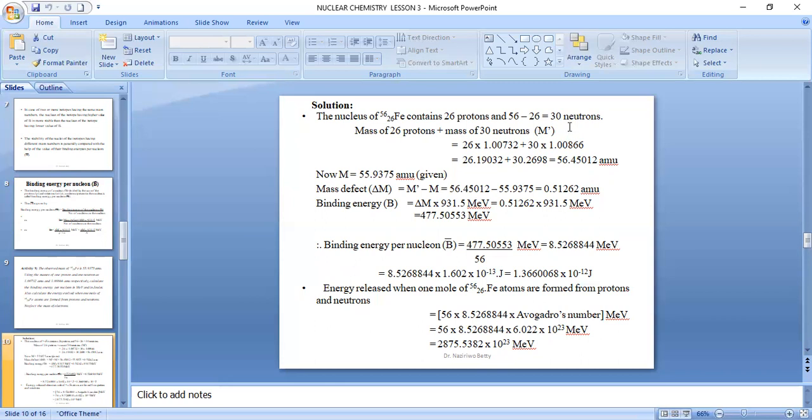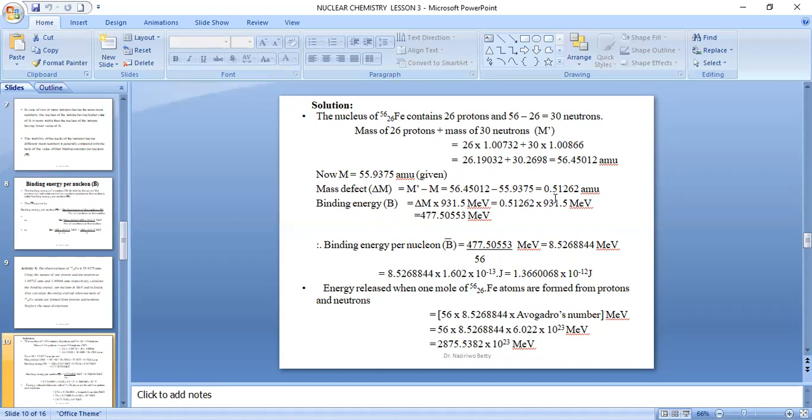The total mass of these particles in iron 56 is equal to 56.45012. The actual mass of iron 56 given to us is 55.9375. So the mass defect will be the total mass of all the particles minus the actual mass, which is equal to